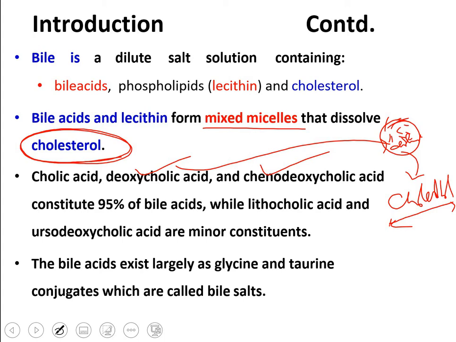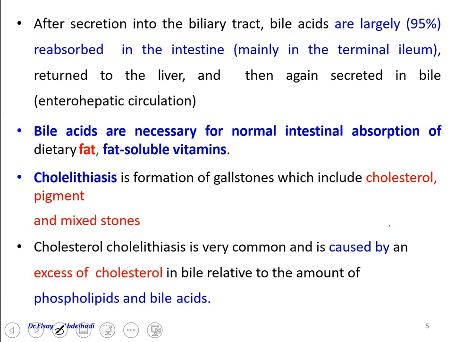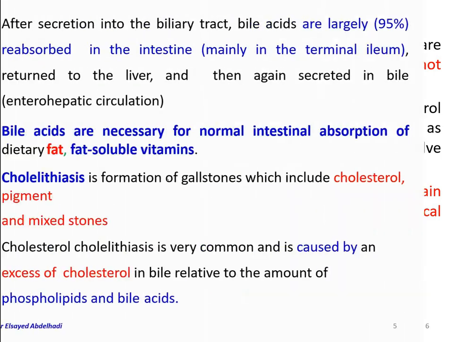So these acids are also used to dissolve cholesterol stones, and then you can manage your patient without going for surgery, in certain cases of cholelithiasis, or stone formation, which is cholesterol rich. Nevertheless, that's a separate story. Bile acids are necessary for normal intestinal absorption of dietary fat, as we referred to earlier, and cholelithiasis may result from the formation of gallstones, which include cholesterol and pigment stones, and those acids, as I discussed earlier, can be helpful in the dissolution of